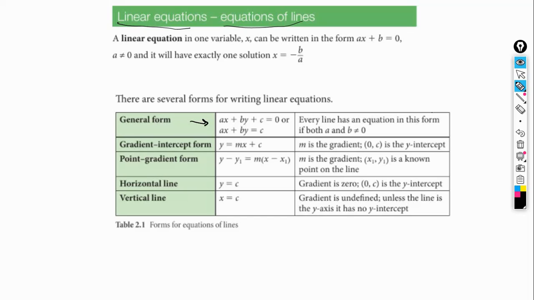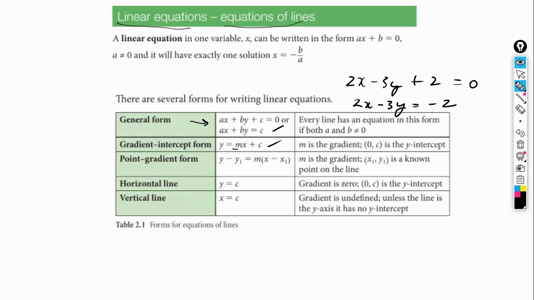So what's an example of this? Well, if you have 2x minus 3y plus 2 equals 0, this would be a linear equation. Notice that you can rearrange this and rewrite it as 2x minus 3y is equal to negative 2, which is this second form here. There's also the gradient intercept form, which is this one, y equals mx plus c, where